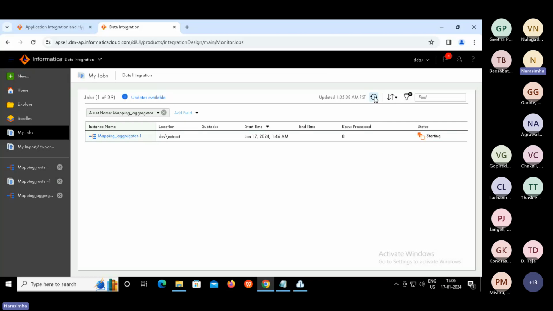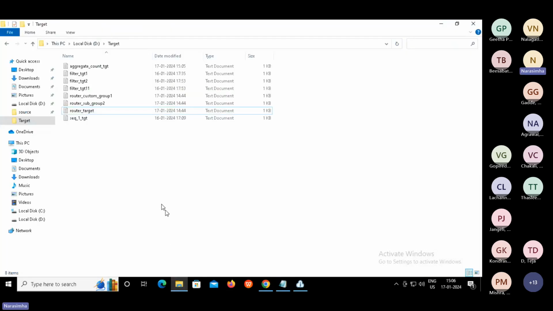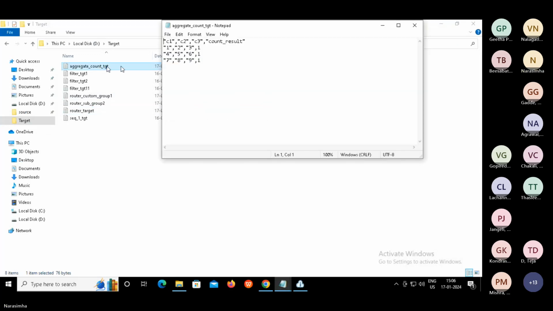Then refresh. See, we got three rows. Now count should also be part of each group, right? If you have similar records, then we can see a higher count. There's only one count, in the last column, this one: count 1, 1, 1. So we don't have any similar records in the same group, which is C1.